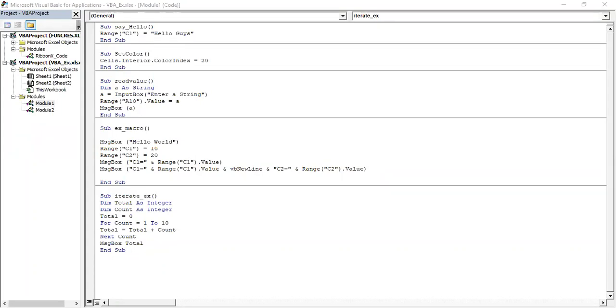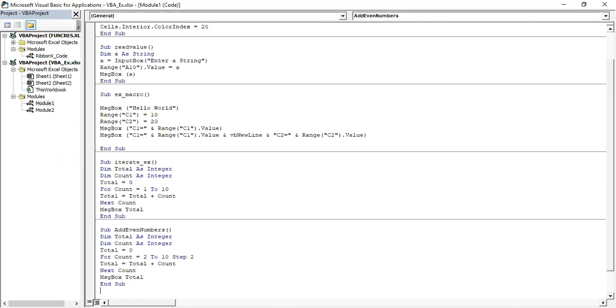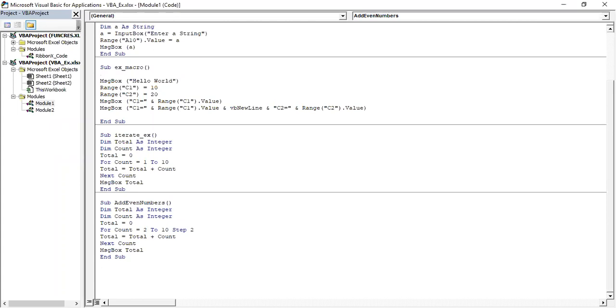The second example on iteration we have seen is to add all the even numbers, Sum Add Even Numbers. This is the same for loop. We changed it because we want to add only the even numbers.